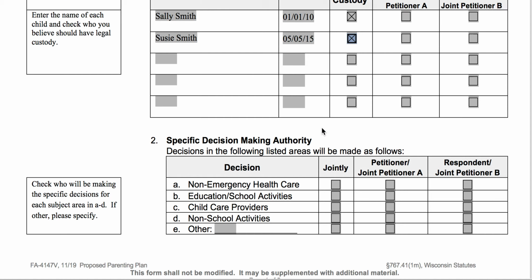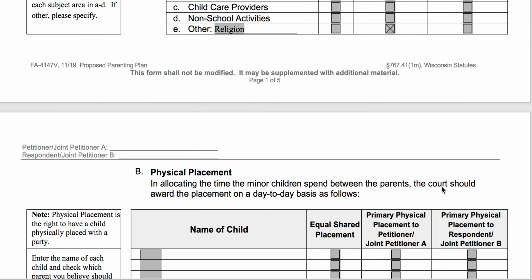And then you've got this specific decision-making authority section. So basically, you could be more specific if you wanted. Some folks will just go through and say, yeah, in all of these situations, that'll be joint as well, or that will be all A or all B as well. But if you want, you could shuffle it up. So you could say, even though they have joint decision-making power, when it comes to non-emergency healthcare, just Jane is going to make those decisions. Or when it comes to education, just John is going to make those decisions. And so you can divide those out. If you have a specific kind of decision-making authority, a common one we see is religion, you might say, just Jane or just John. Or again, in your real world scenario,